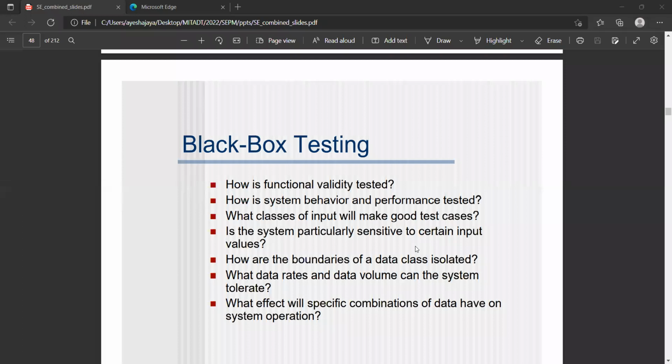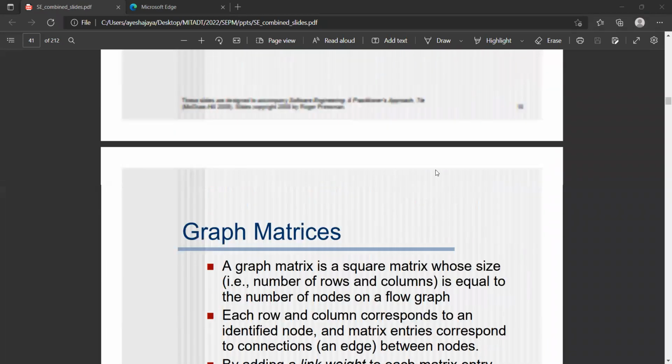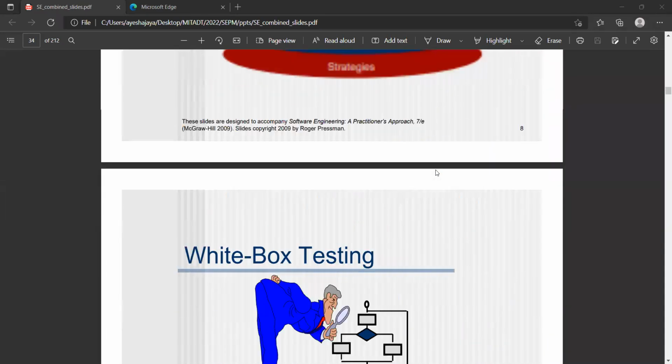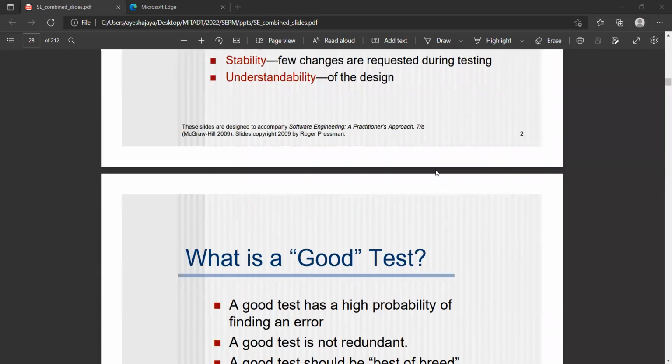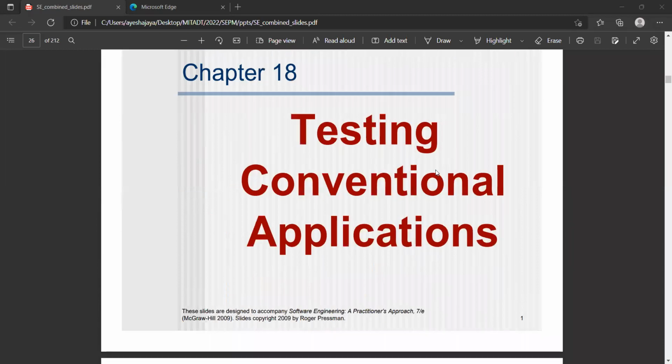Good afternoon, everybody. This is Dr. Ayesha Butalia. Today, our topic is black box testing. This is the continuation of our previous topic on testing strategies. The previous session was on two types of testing, white box and black box testing, and we discussed